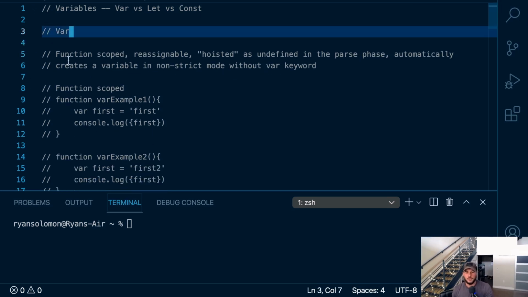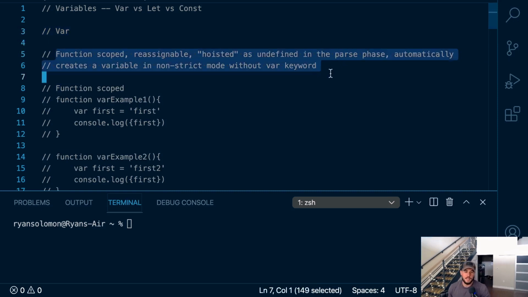And I will dive into all of these in a little bit more depth here, but overall, var is function scoped, and scope is, at any given line of code, what variables or what values do you have access to? Check out my video on scope for more detail there, but it is function scoped, it is reassignable, it hoists as undefined within the parse phase of JavaScript, and this isn't necessarily specific to a var declaration, but